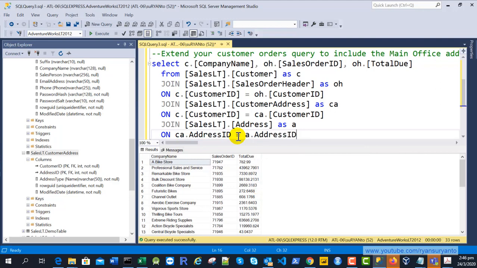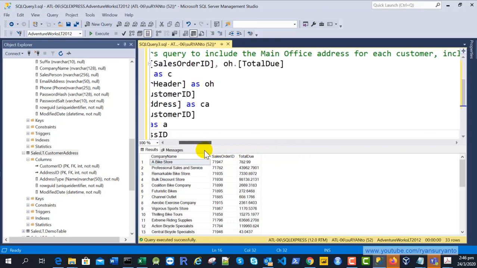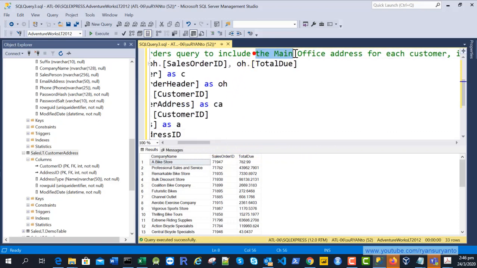Now you want to filter only the addresses that are main office. So there is a requirement here: the address is only main office, that includes the main office address.